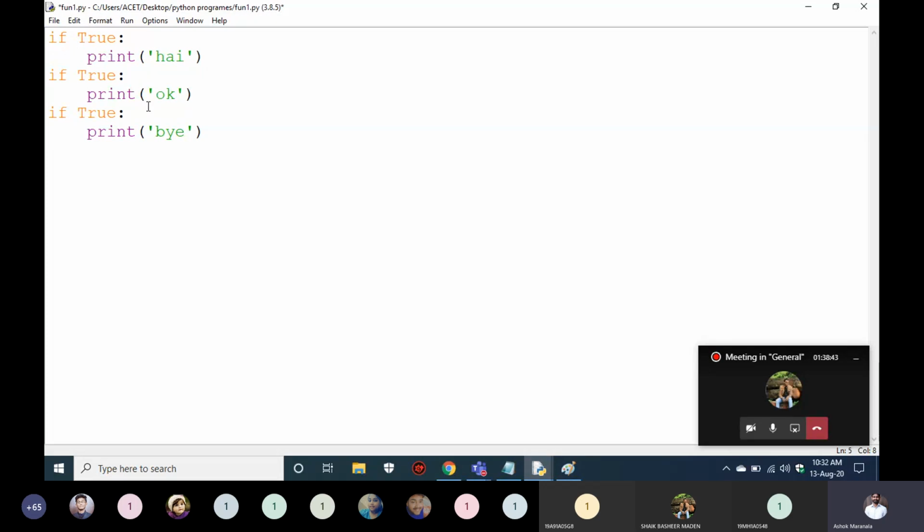If you have 100 conditions, like our college giving you 6 grades, is there any person who will get all 6 grades? No. According to their marks, they'll satisfy a certain condition and get a certain grade. They'll get only 1 grade. There is no concept that you'll get all the grades in the same class.